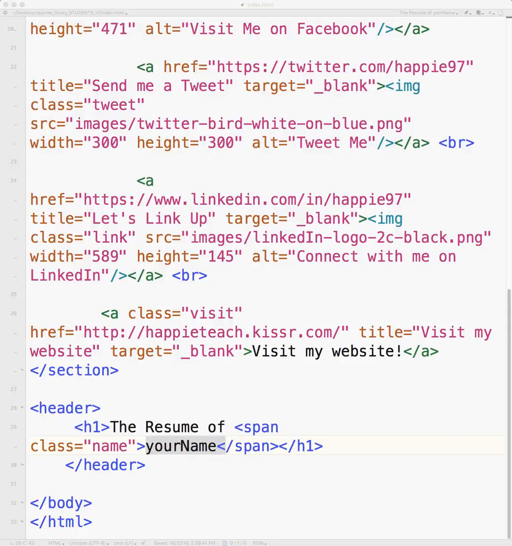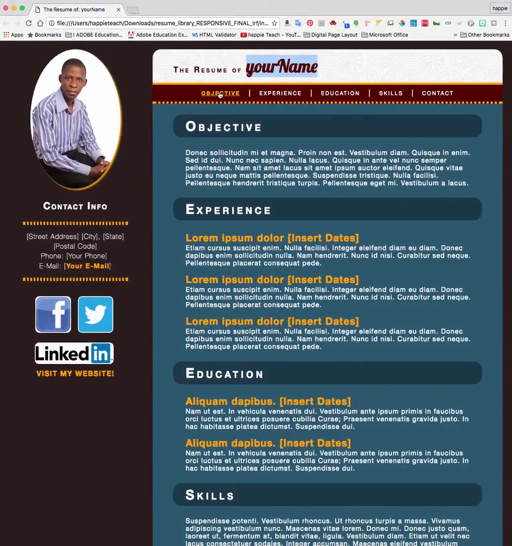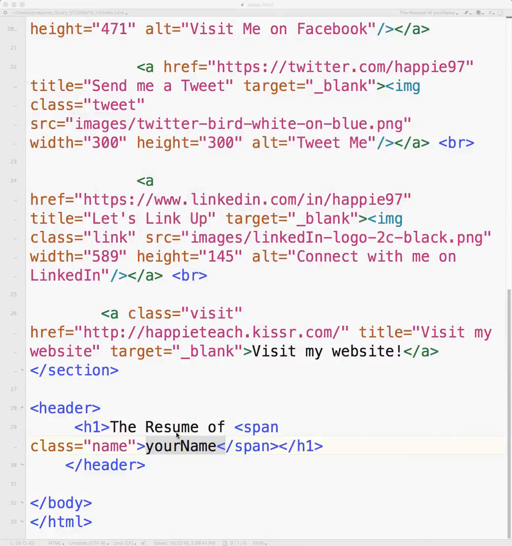Now, our next area that we're going to target is going to be the Nav area. The Nav area stands for navigation, and that's this area up here where we have our links of objective, experience, education, skills, and contact. Okay, so for that area,